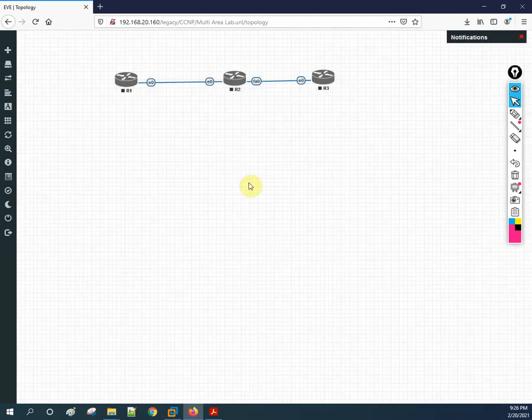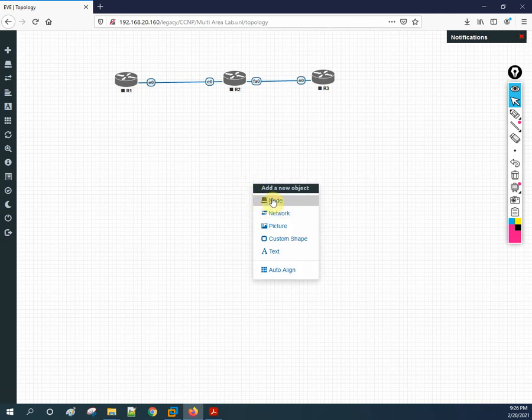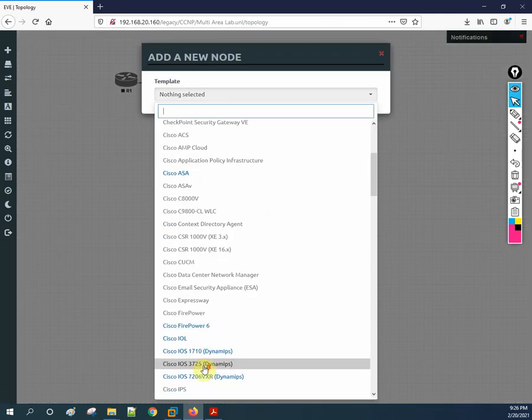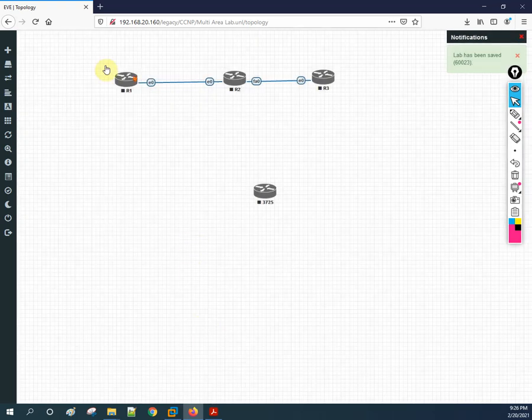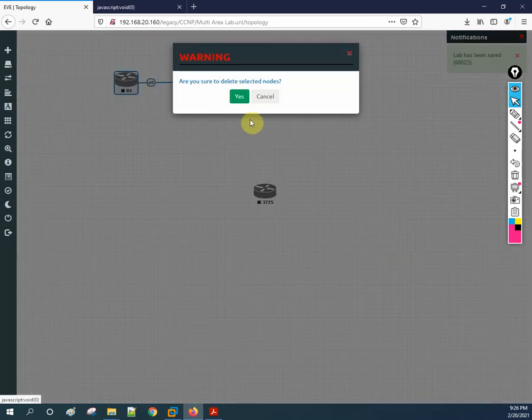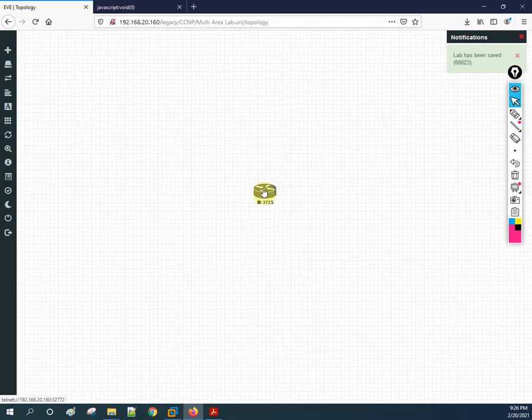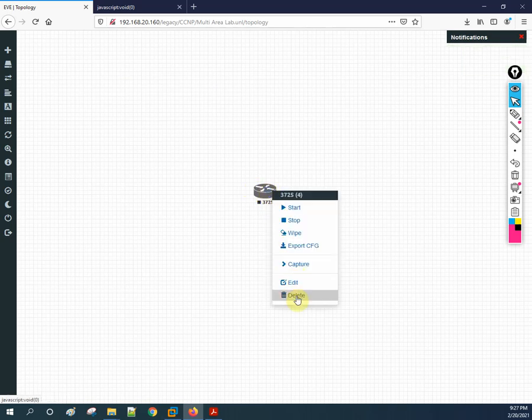Let me check. If we take the other router, here we have the interface slots. So let me take this router instead of this one. Let me delete all this and take this one, and make 3.